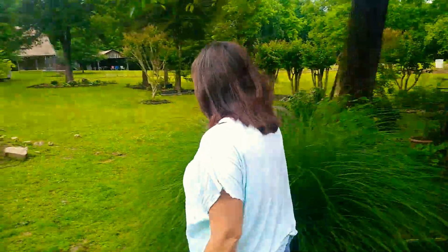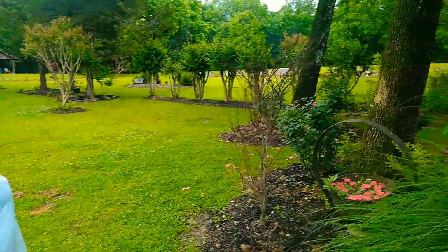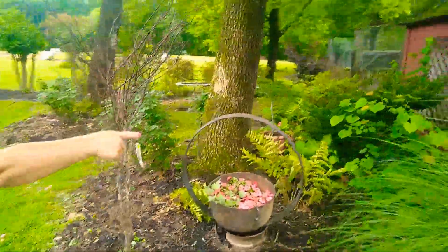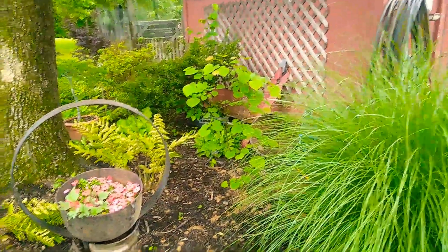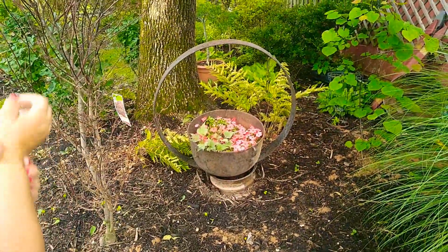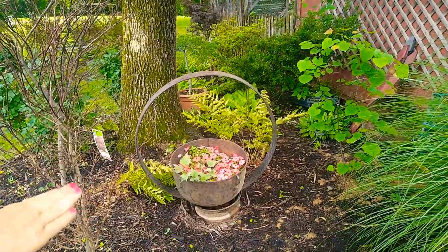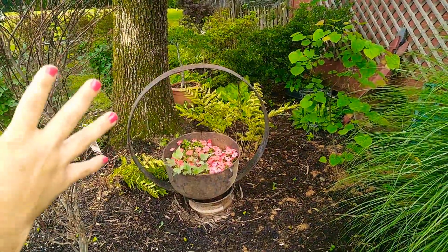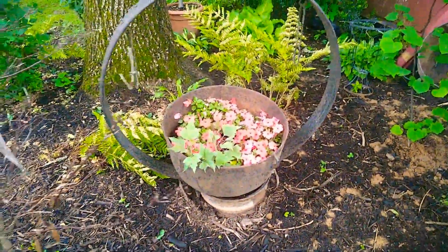So we're going to start here in one of our shade gardens. I'm a big fan of shade gardens. I recently put out a redbud in here and a bunch of pink impatiens that are salmon. They're going to grow and they're going to look a lot better. I buried them a little low, so mostly the flowers would stick out of the top, not the leaves. Kenny's Japanese maple that had some sort of early...